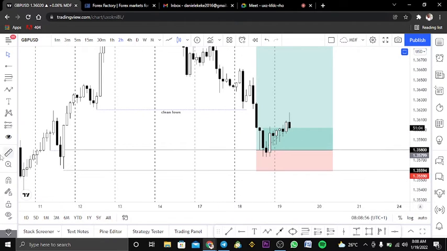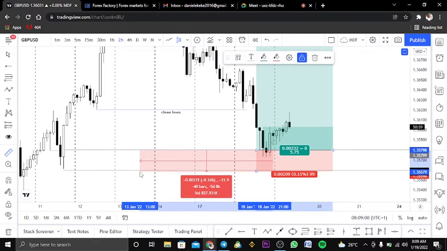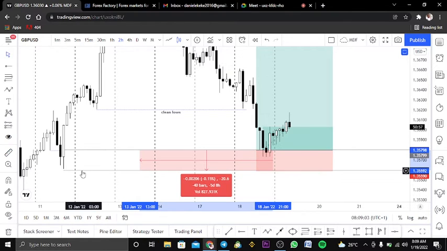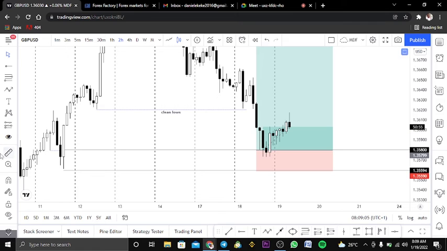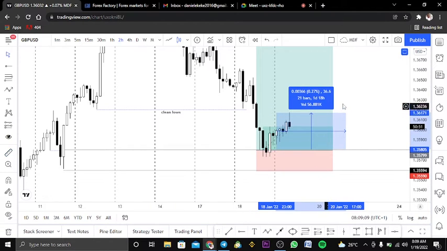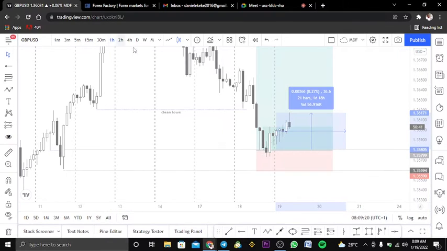So we already took a long entry here, which gave me a stop loss of 20 pips. As you can see already, 1:1 has been achieved. We already have the market giving me 36 pips. I've already broken even and taken out partials on this. So now, how can we look to engage this trade this morning?